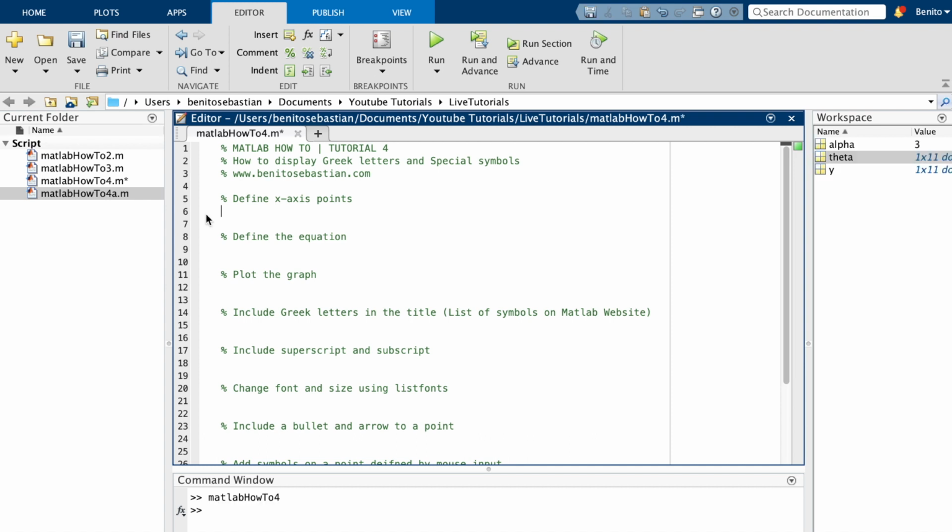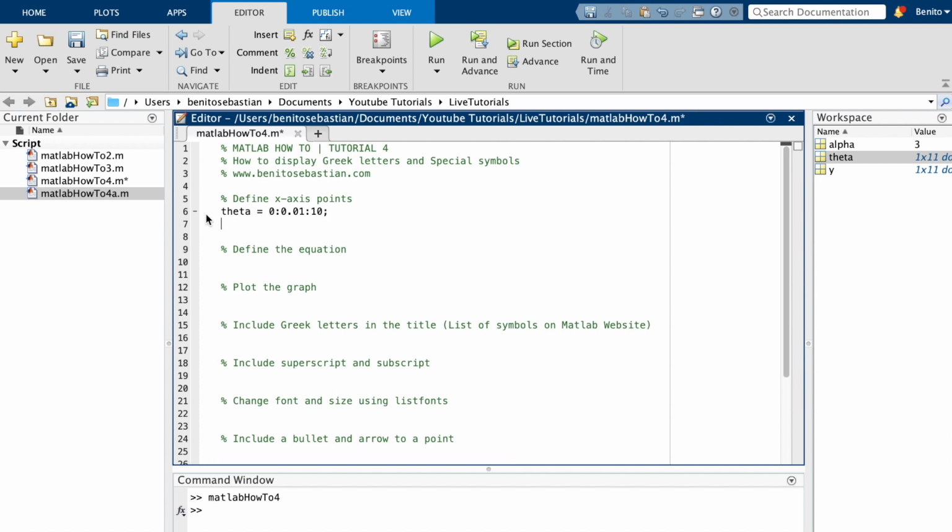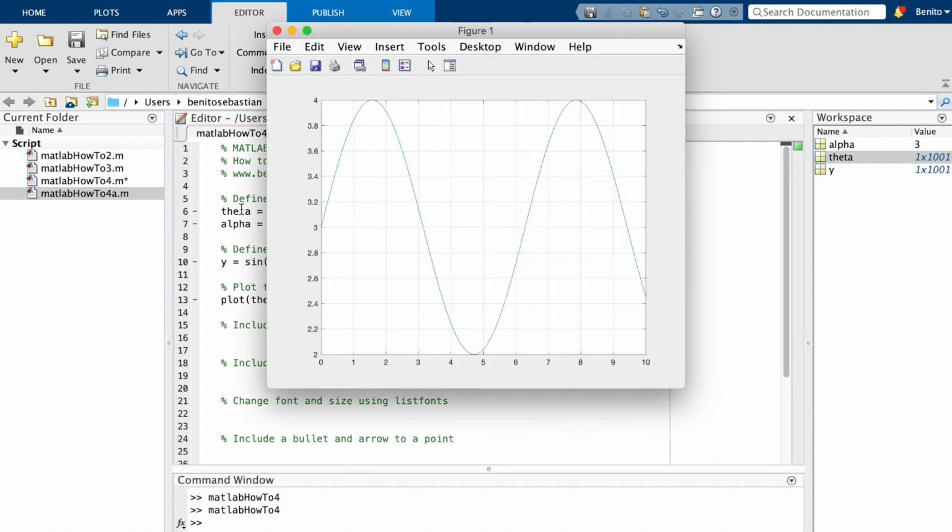So we'll start by defining a simple graph, and we'll say we have theta on the x-axis, which starts from 0 in steps of 0.01 all the way up to 10. And we'll define a new variable called alpha, and we'll just call it 3, which is a constant. And now we'll define our equation y equals sine theta plus alpha. So this is our equation, and let's just plot this using the plot function. And we'll say theta on the x-axis and y on the y-axis, and we will add a grid as well. So let's run this by pressing F5, or function F5 if you're on a Mac,